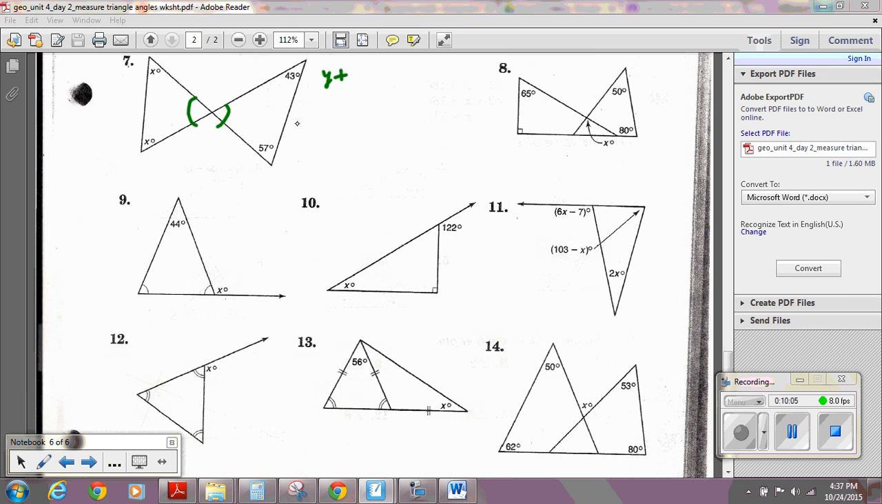So y plus 100 equals 180. So that means y is 80. So this angle here is 80 degrees, which means this angle here is 80 degrees. Okay, now that we know that